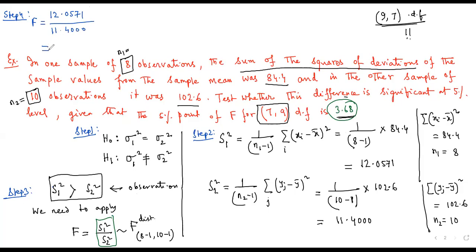And if I divide this ratio, if I divide one by the other, you will get 1.05, approximately equal to 1.05764. This is the result which is coming, and we see your step number 5 is